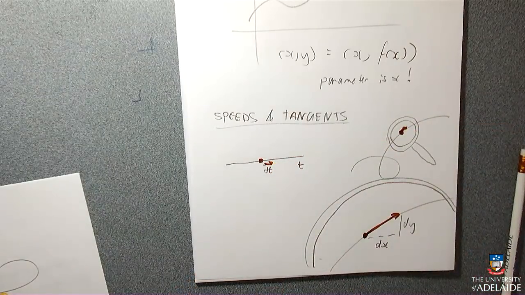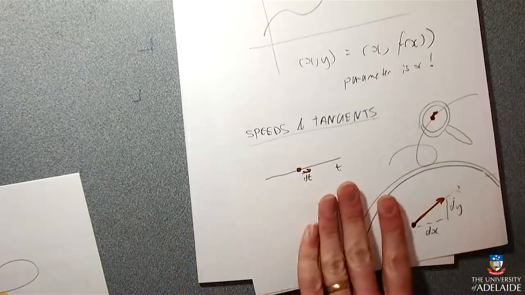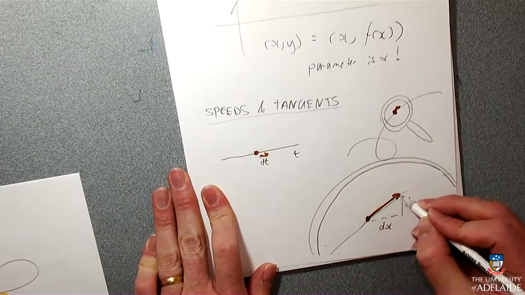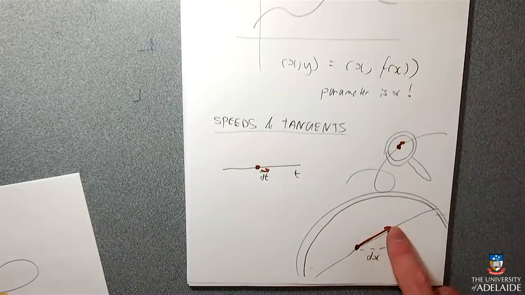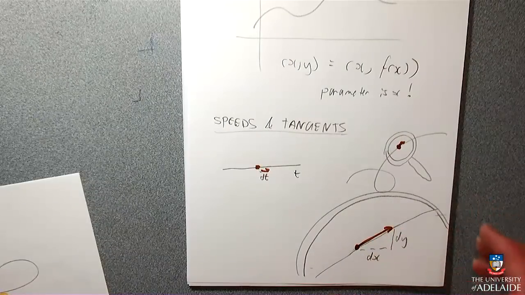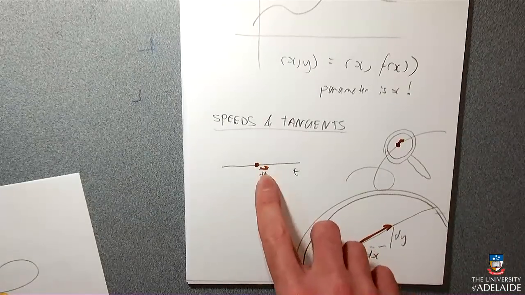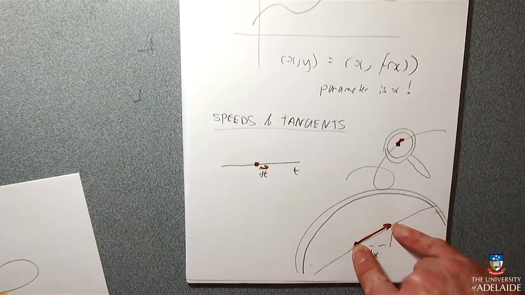And if I zoom in far enough, then my curve will look flat. Almost completely flat. That's the whole idea of derivatives. If you're extremely close, the curve feels flat to an object that lives on the curve. And that's the tangent. It's the line that this curve is trying to be when you're very close to it. So the x changes by a bit in response to the t, and the y changes by a bit in response to the t, and this vector is the dx and the dy.